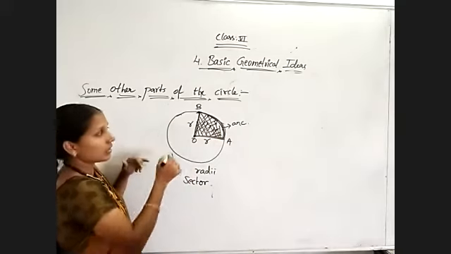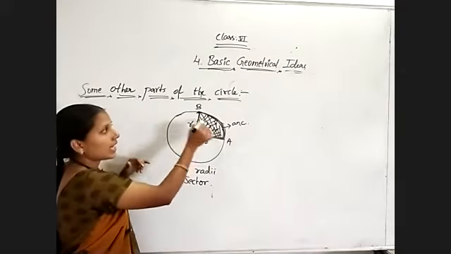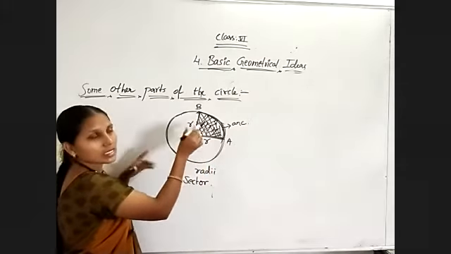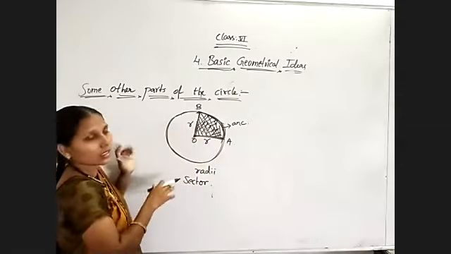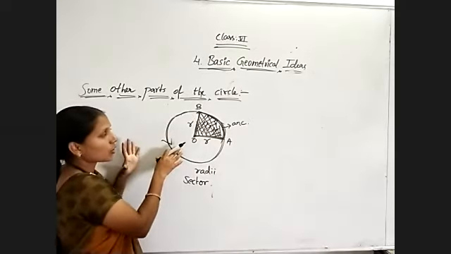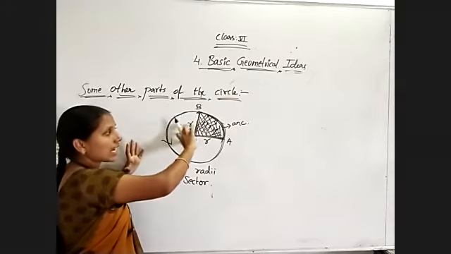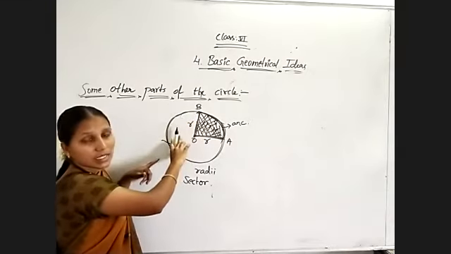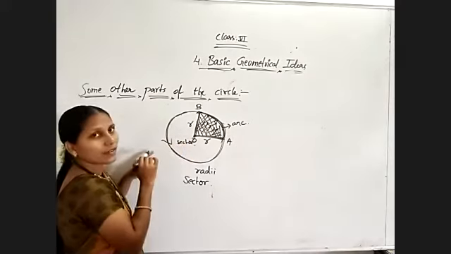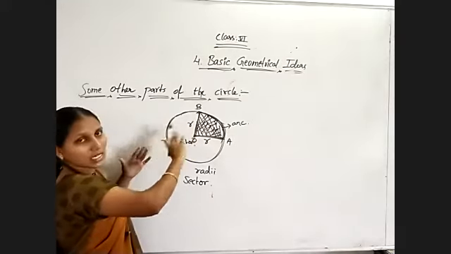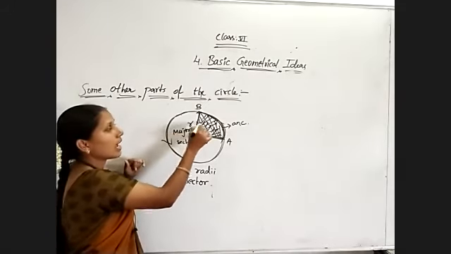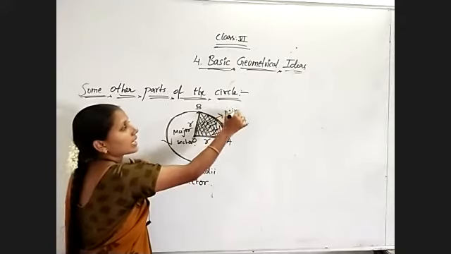Now observe here, these two are radii, and this is also an arc only, no? Bigger arc. Some part of the circle is an arc. So this one is also an arc itself. So the place occupied by an arc and two radii is known as a sector. This one is also a sector itself. But the only difference is, because it has greater length, it is known as a major sector, and this one is known as a minor sector.